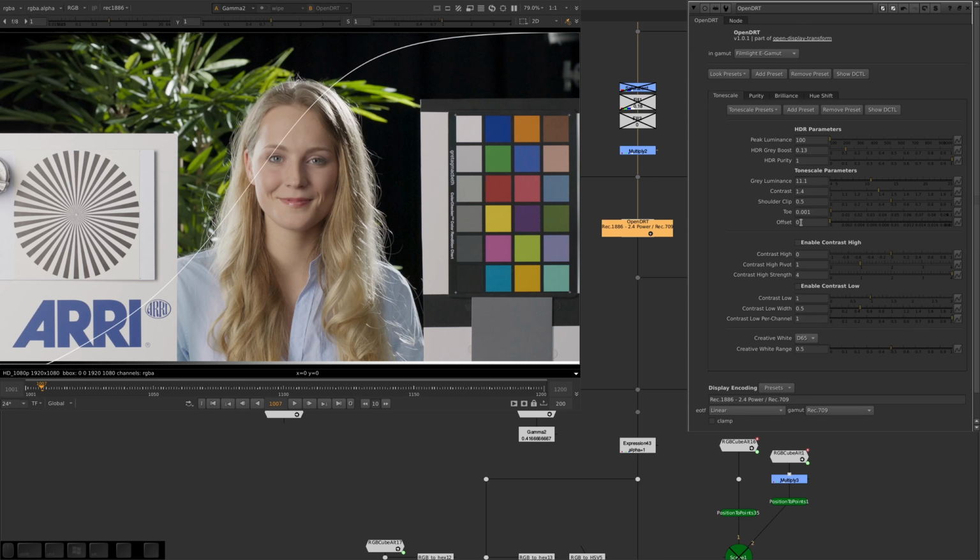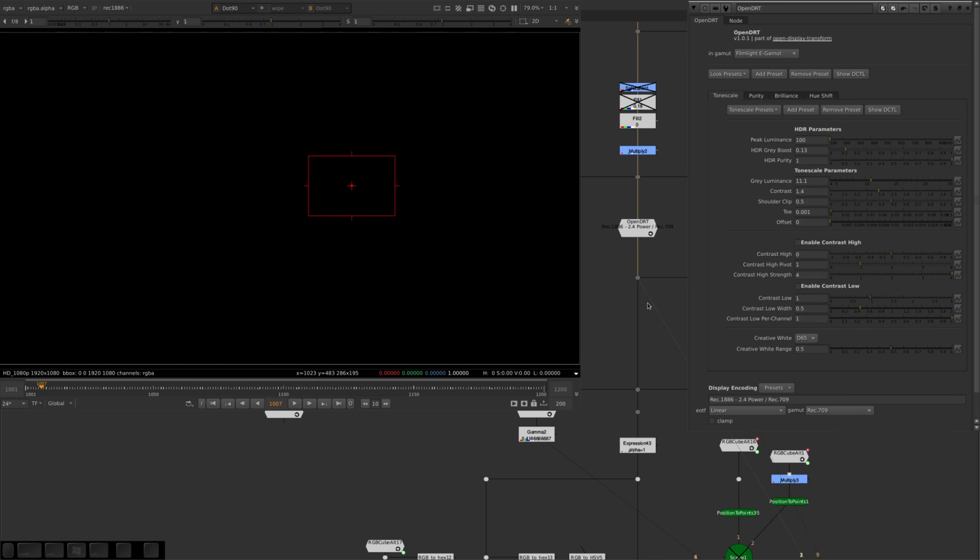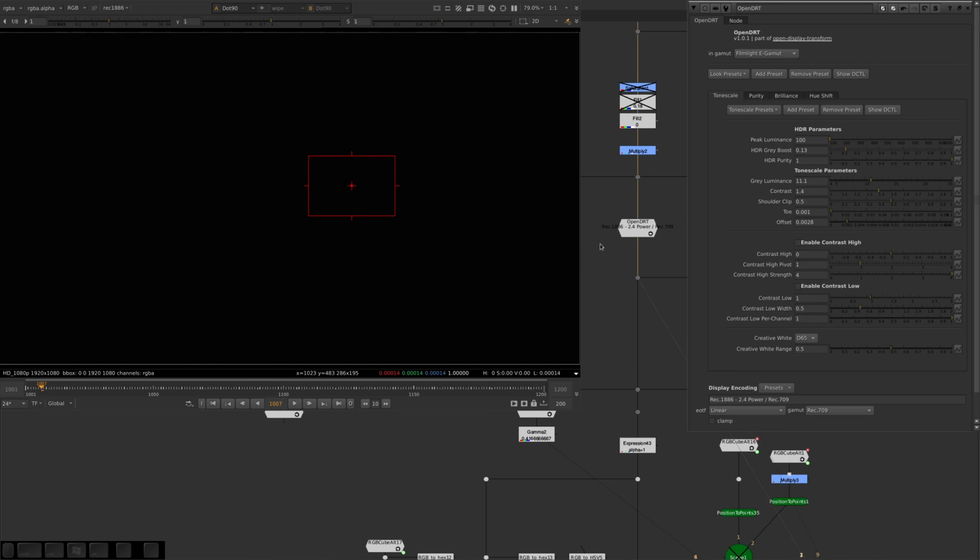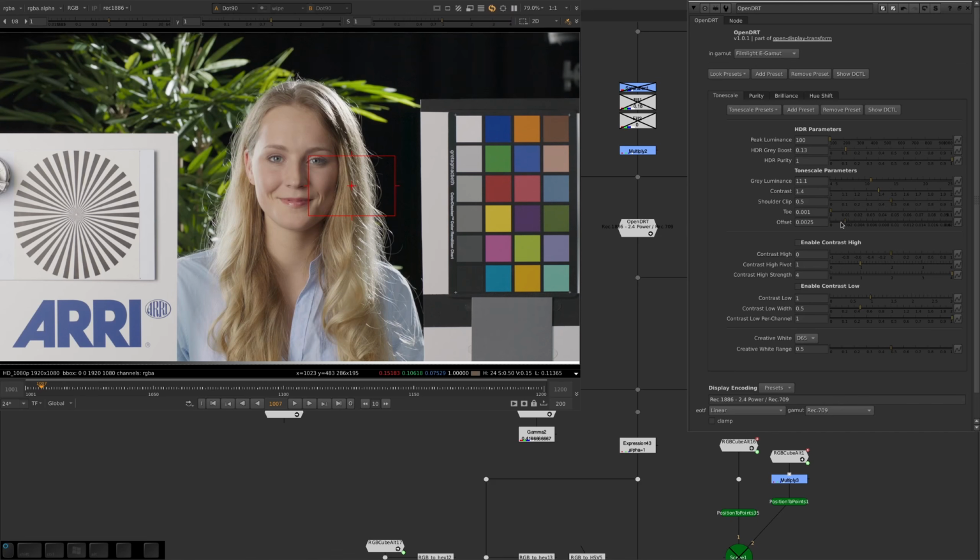And then lastly, the offset is, as you would expect, just an add prior to the Tonescale system. So with an offset of 0, scene linear 0 is mapped to display linear 0. And if we boost this up, we can see that the output is being increased. It's not an exact match because it's an offset prior to the Tonescale system. It's not important for it to be an exact match. So if we boost the value up, we can see that the blacks are being lifted a little bit. So just another creative control, although I will mention that it is quite common for